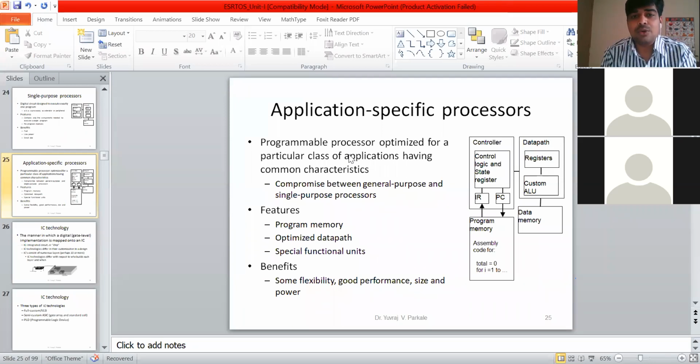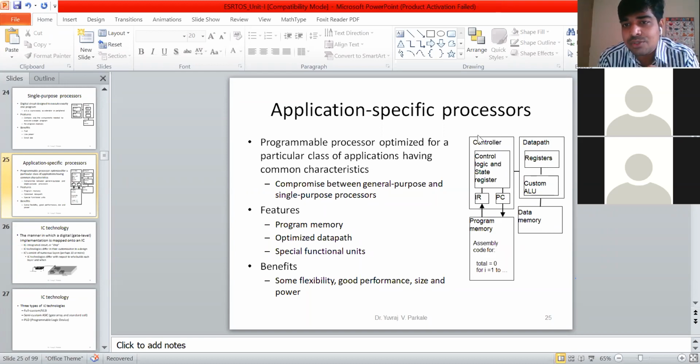So what is the meaning of this application specific processor? It means you are able to change the programming or the functionality of your ALU, but according to your application only.